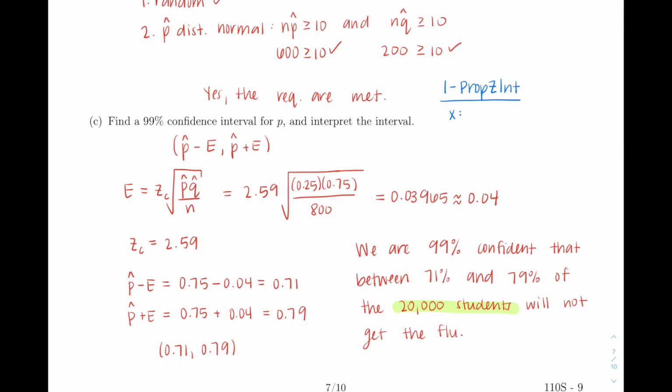In this case, you have an x value of 600. The next variable it asks for is n, which is 800, and the last one it asks for is your confidence level. Make sure that when you put this in, you put it in as a decimal. Then you just hit calculate, and it will give you the confidence interval 0.71057